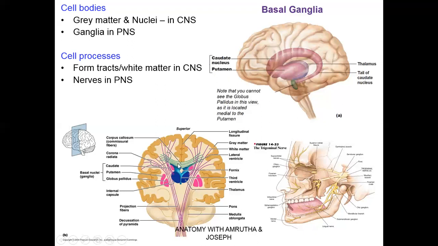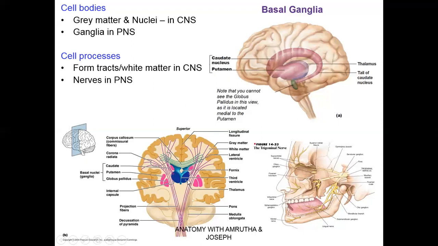Coming to the inner aspect of the brain, there are again collections of cell bodies located within the core of the brain. When nerve cell bodies are located within the core of the brain, we call them ganglia, or, I'm very sorry for that. When you see a collection of nerve cell bodies inside the white matter, you call it nuclei. Ganglia are seen outside the central nervous system, as you can see here.